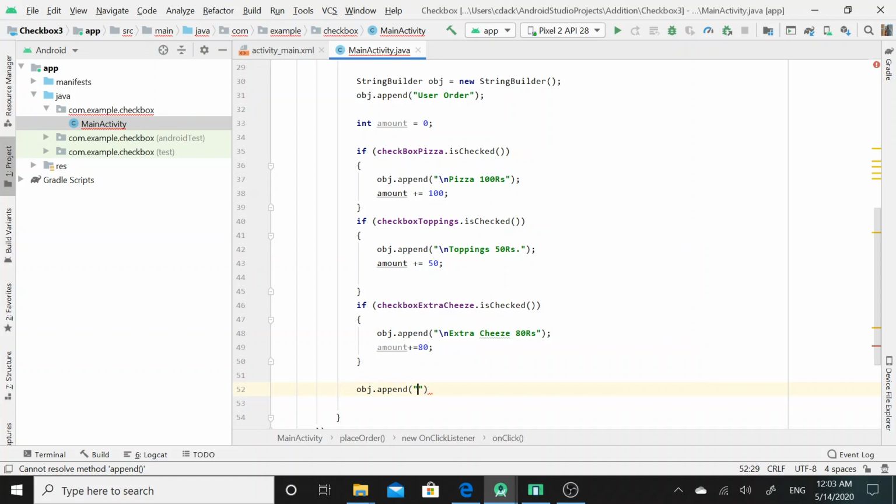I will assign a string as total amount, total equal to, and here I will call the amount variable.